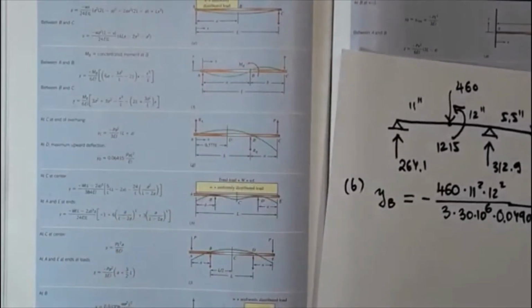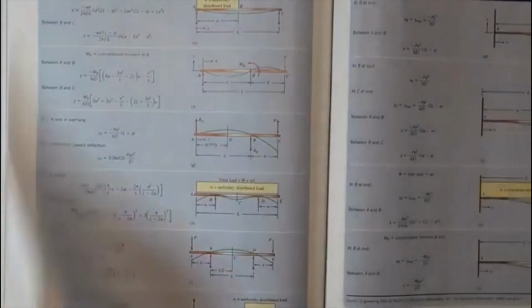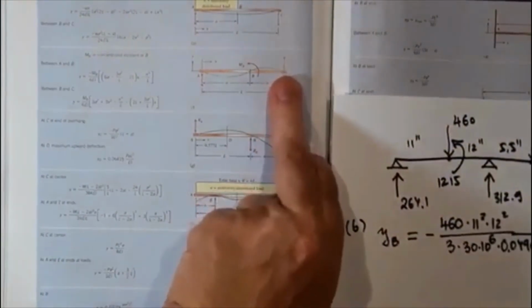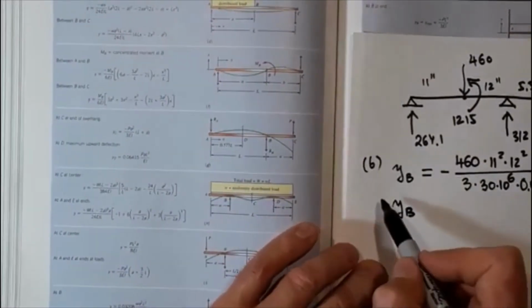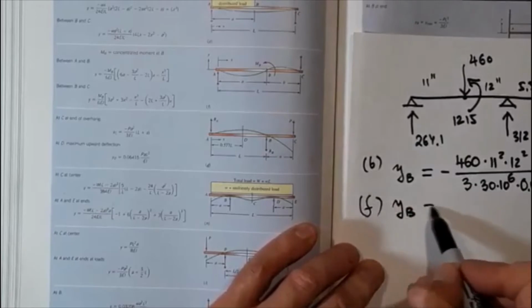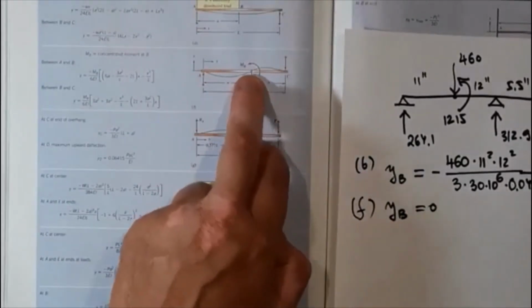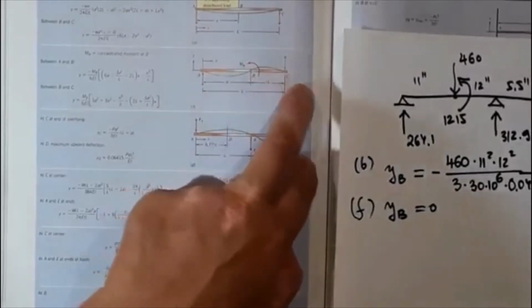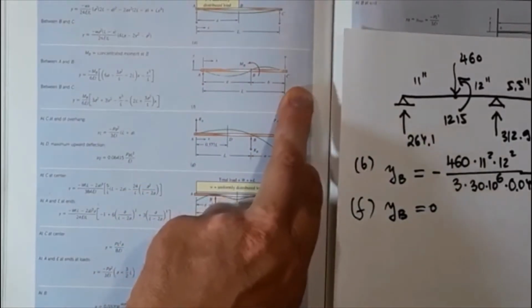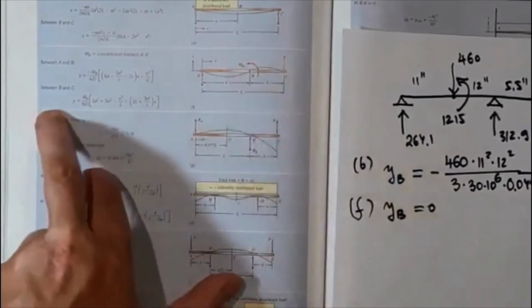The case of a deflection of this point, how do we capture that? Because it's outside of the support. All right, so y at B in case F, moment only, is 0, right? Obviously. But if you want deflection somewhere outside of the beam, it says between B and C,